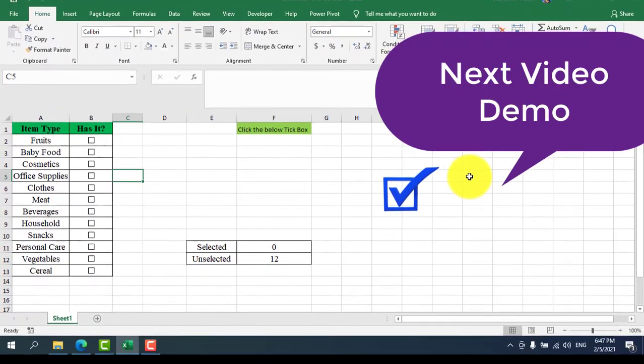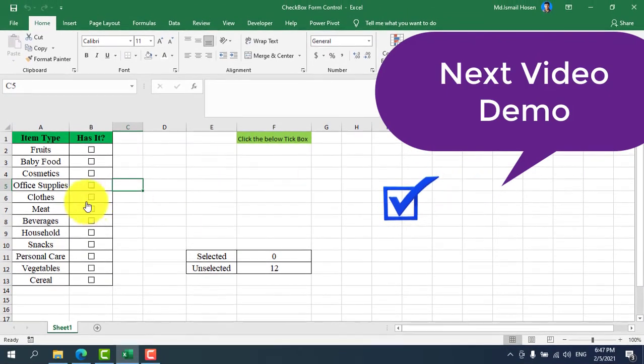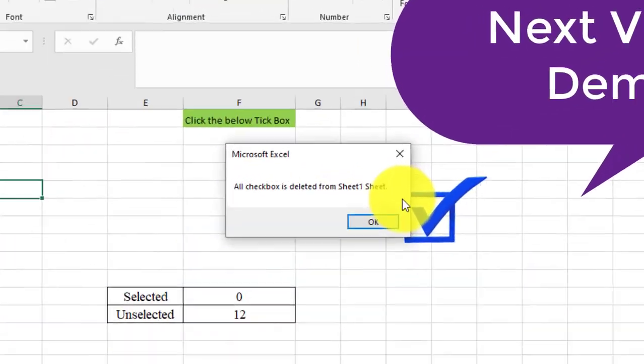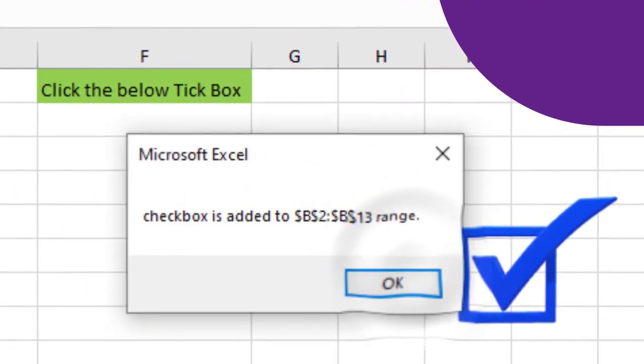Now I am going to show you the second part by using VBA. Now you can see that when I click this, it says that all checkboxes are deleted from sheet 1, and then it re-adds the